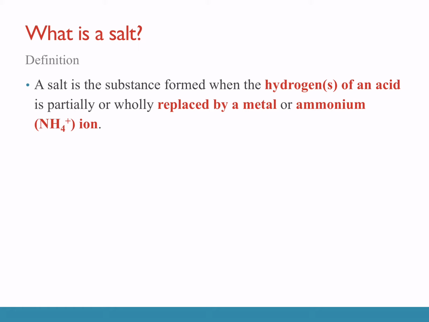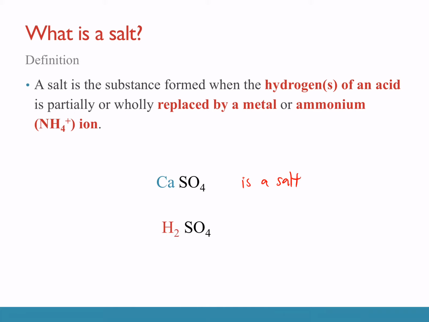Okay, so what happens here is, for instance, this is the example that's in your blanks. H2SO4. Let's say I wholly replace, there's 2 hydrogen ions here, right? So if both hydrogen ions were replaced by a metal, let's say your calcium, this is a salt. Okay, when I replace the hydrogen with a metal cation, it is a salt.